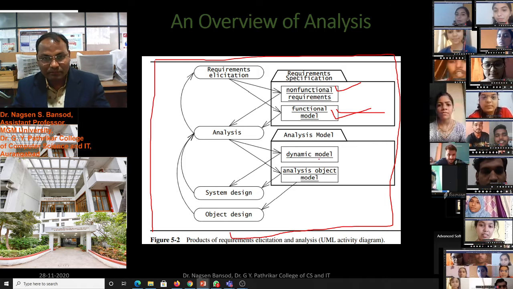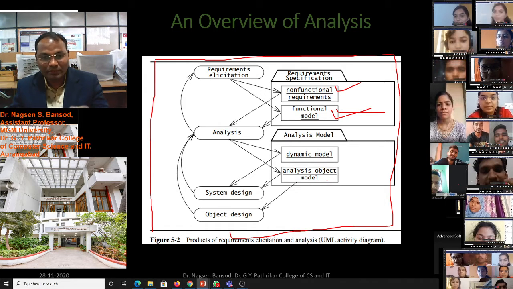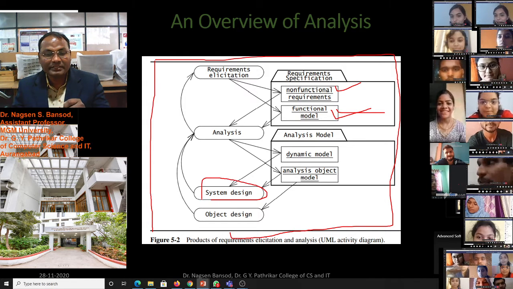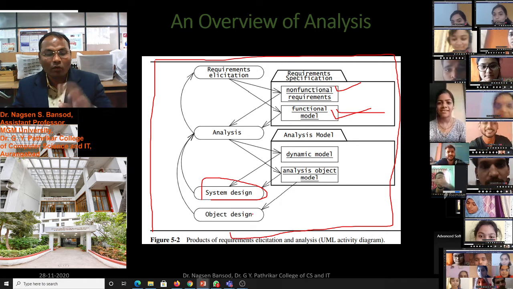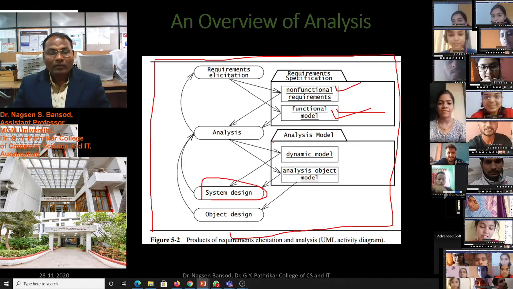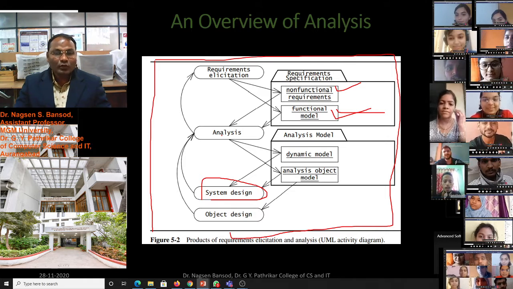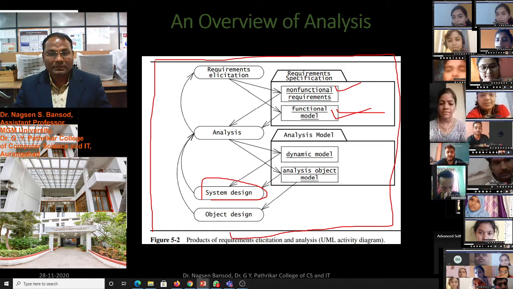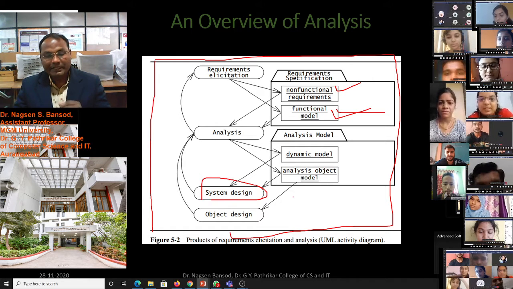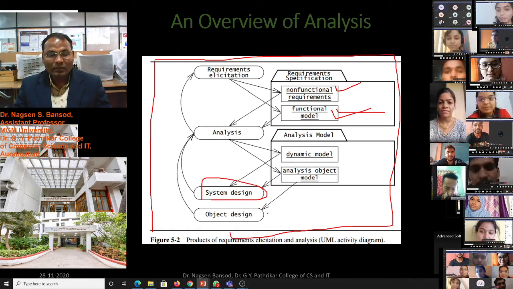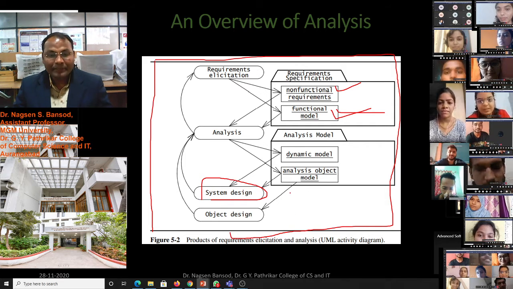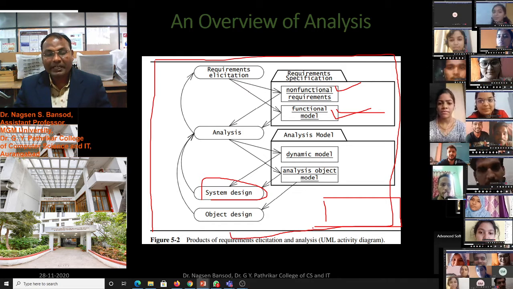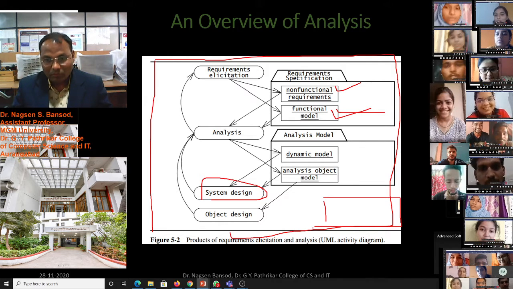Again, in analysis there are two parts, dynamic and analysis object. In the dynamic model, system design is there. In the analysis model, object design is there. In the dynamic model, we will design the state machine diagram.